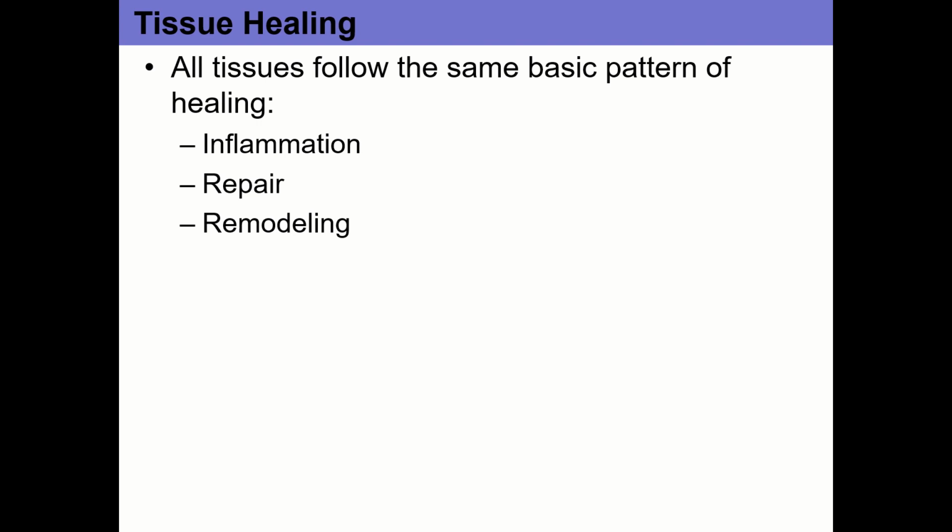All right, so 3 phases of tissue healing. There's the inflammatory phase, sometimes referred to as the acute response phase. Typically, the inflammatory phase lasts for the first, give or take, 3 days of the injury. We associate it with things like swelling, redness, pain, and point tenderness, meaning if I poke the injury, it hurts. All of those are things we would associate with that initial inflammatory response. That typically calms down, give or take, around day 3.